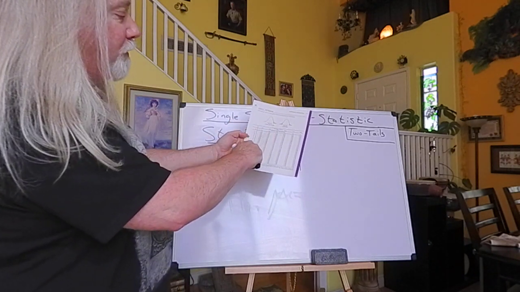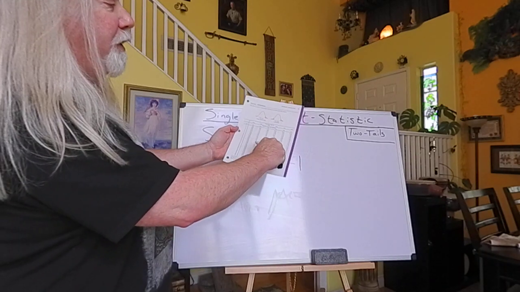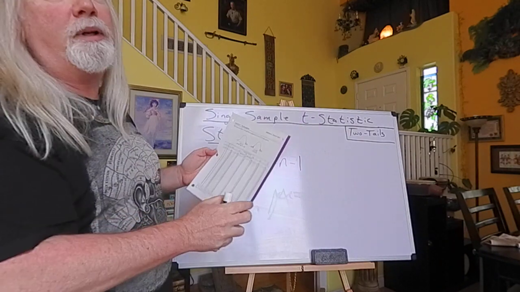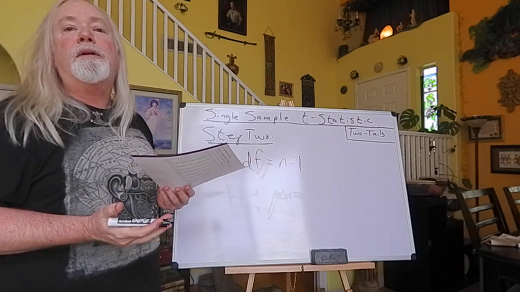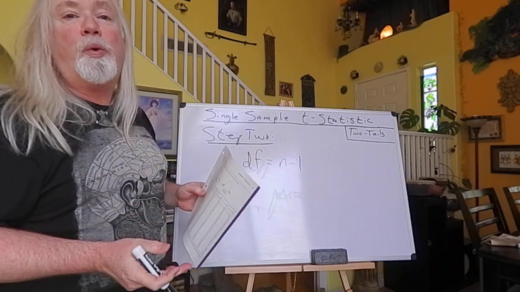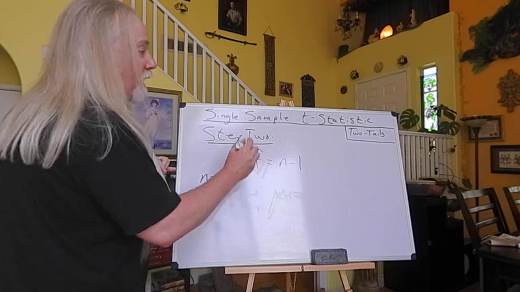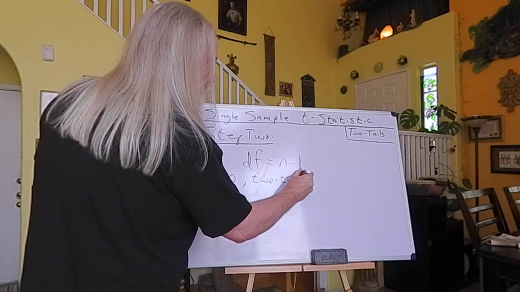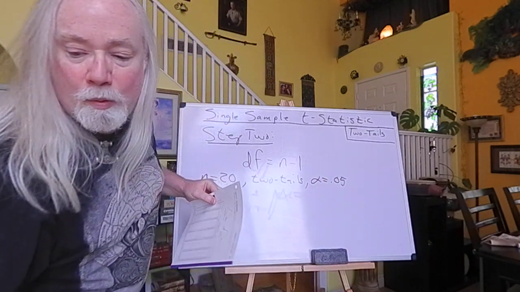So we're going to look for our degrees of freedom, and then we're going to slide over to two tails or one tail, slide over to the correct alpha level, and see what we've got. So, for example, if our study had, let's say, 20 people in it, we have a sample size of 20, and we're doing a two-tailed test, and our alpha level was, say, 0.05. What we're going to find here,